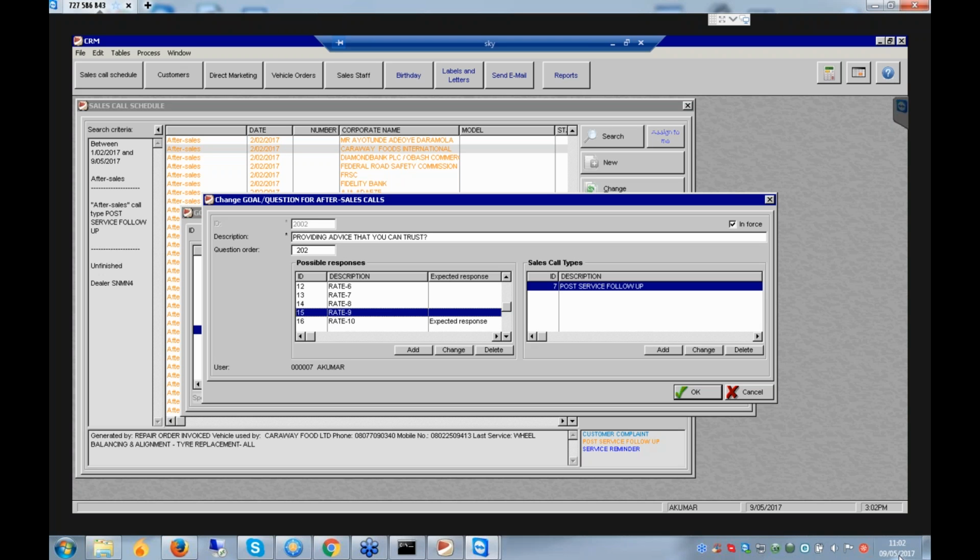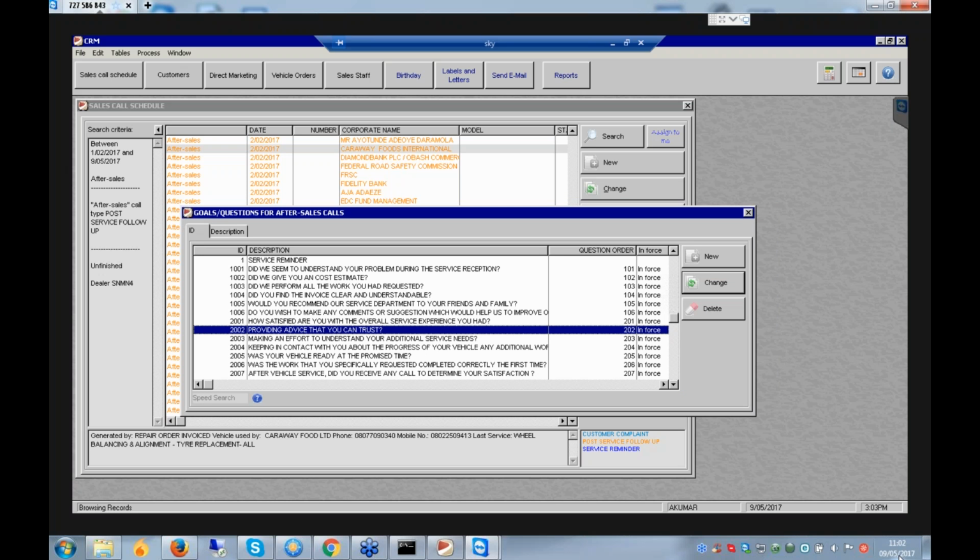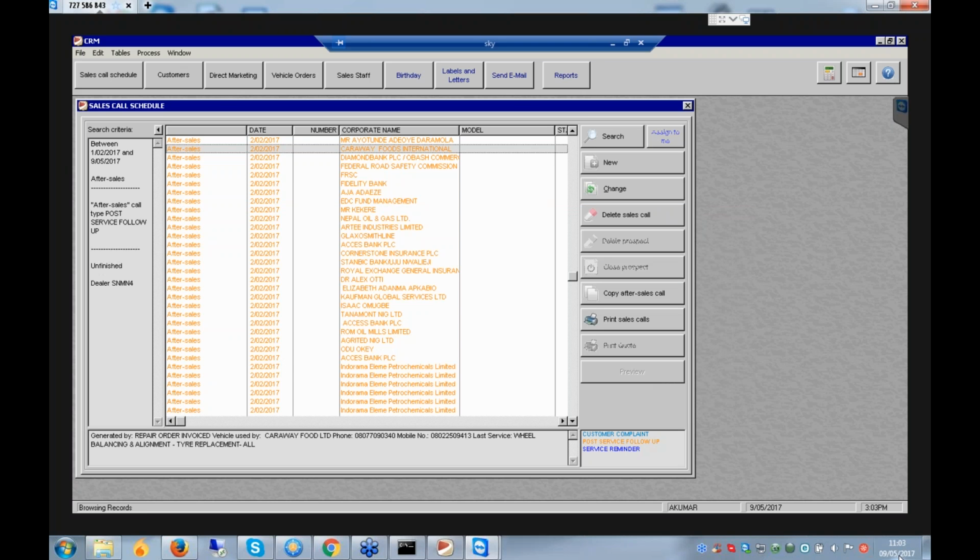No, but 5 is not an expected response because 5 is an okay answer. I don't need okay, I need minimum 90 to 100% or 80 to 100%. I need a rating between 8 to 10. That is my satisfaction range. But I think if you just leave the rate 1 to 5, in that case I say that 5 would be the expected response. Malina, we can add in the feedback the satisfied, dissatisfied, correct? Yes, correct. We can add in the feedback the satisfied and dissatisfied here. Yes.